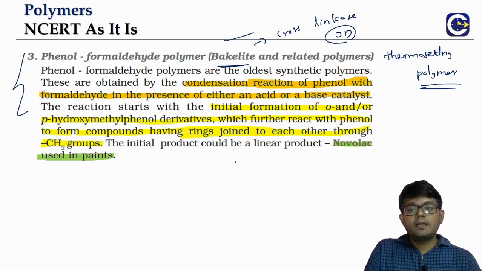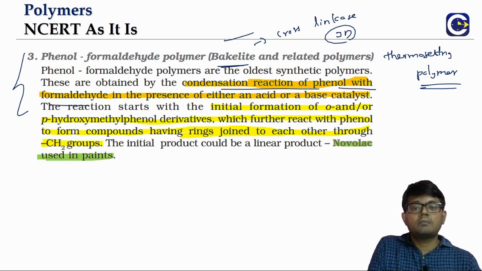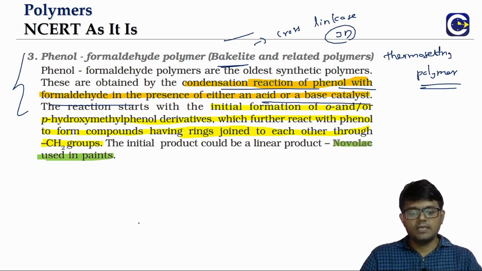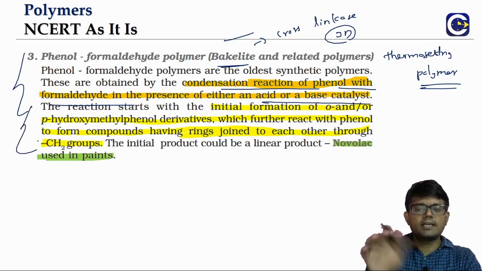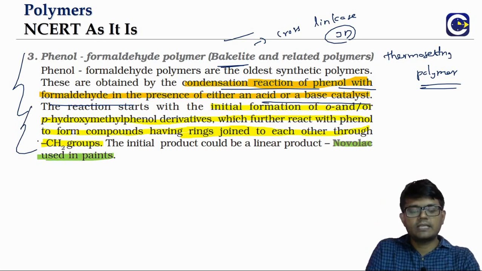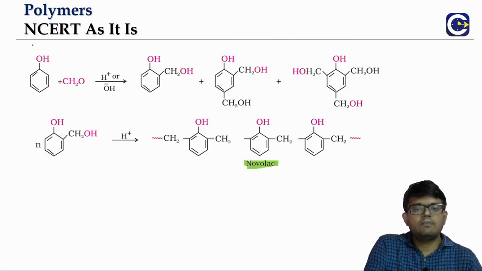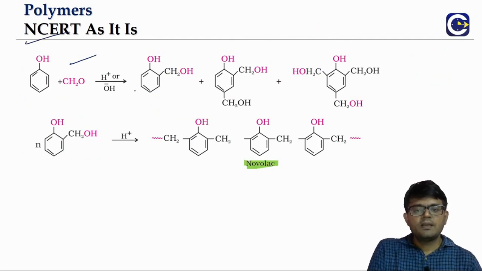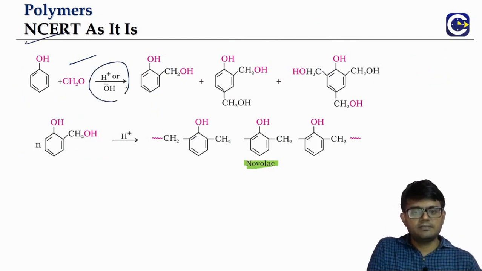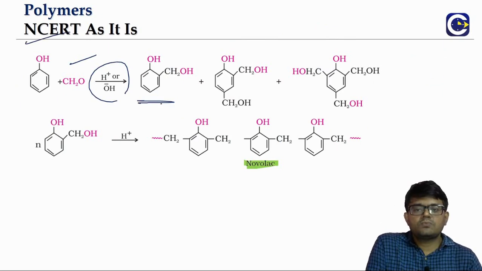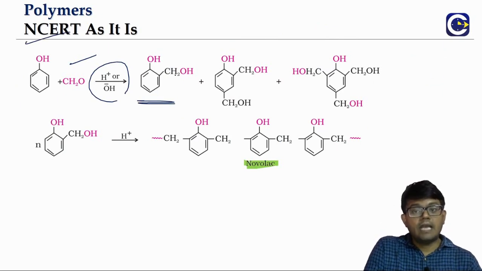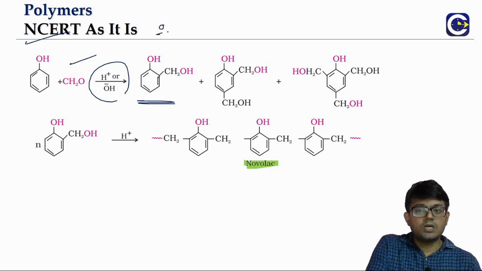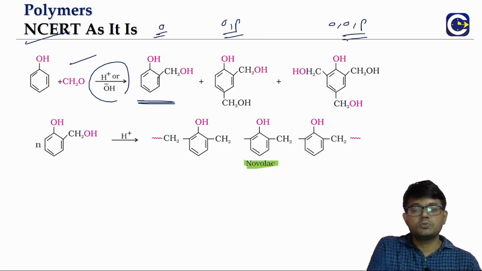So the condensation reaction of phenol with formaldehyde, in the presence of either an acid or a base as a catalyst. Okay, so these wordings are a little bit confusing, but we'll see what is the actual process that happens. So we have a phenol and formaldehyde, when they are reacting in the presence of an acid or a base, either medium. First, what we will be forming is, we can have an ortho substitution or an ortho and para. This is ortho substitution. This is ortho and para substitution.